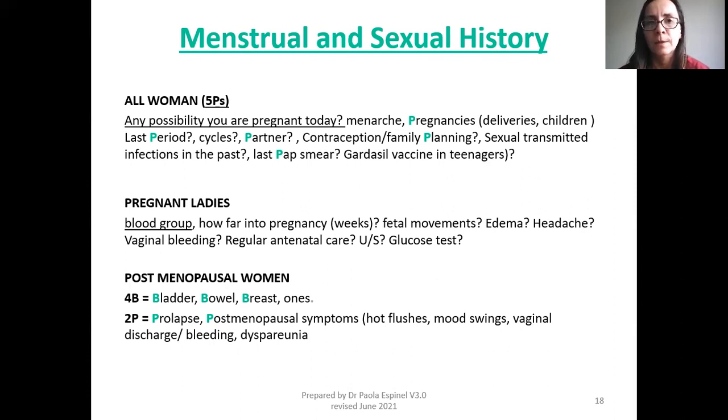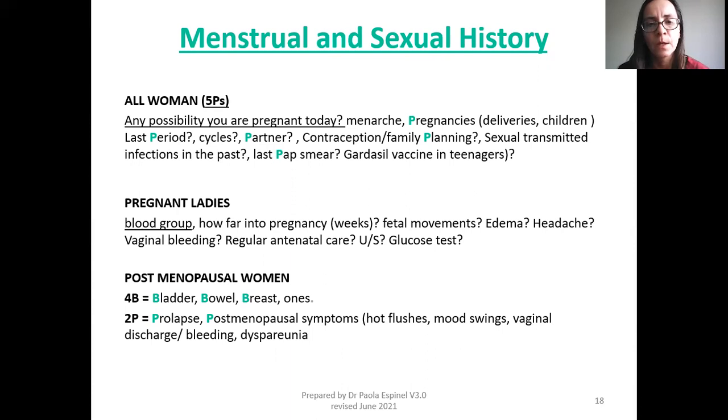What age they had the first menstruation, how is the cycle, if they had any pregnancies, and how many children and deliveries, when was the last period, of course, if they have a regular partner or not, how they do the family planning, any history of sexually transmitted infections, and pap smear, when was the last one